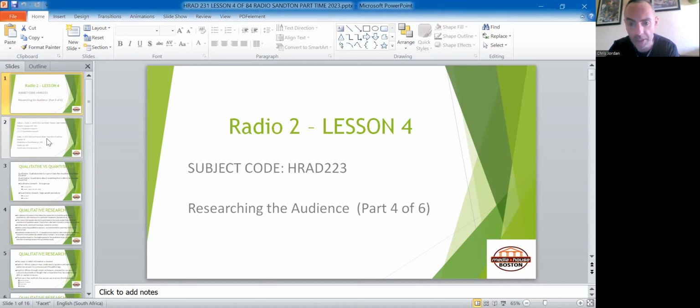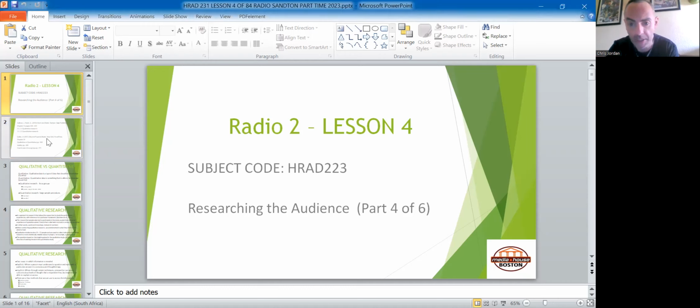So qualitative, obviously the word quality is in there, is a type of data that describes information, whereas with quantitative, you're able to measure that information. In other words, you can get a total of, or an average of, or a summary from it. You understand? Whereas qualitative is where we want to know a little bit more, more in depth. We want to be able to ask open-ended questions. Quantitative are closed-ended questions.